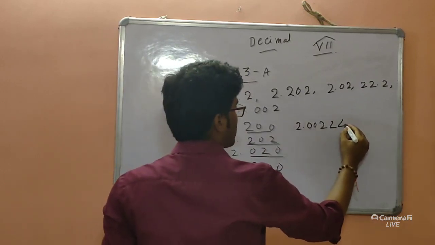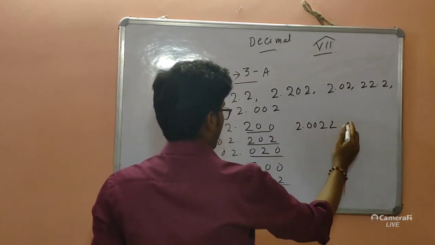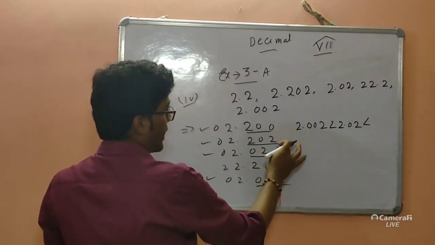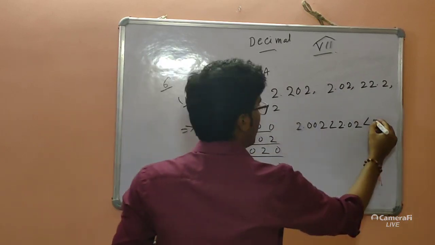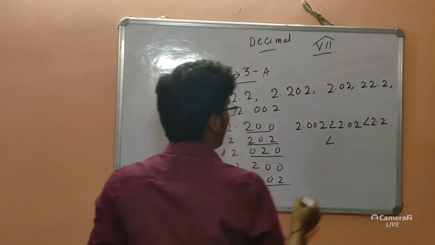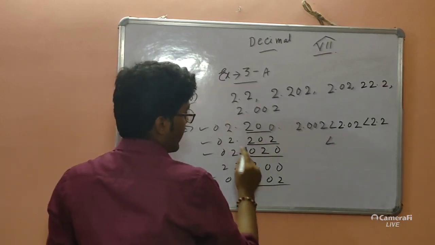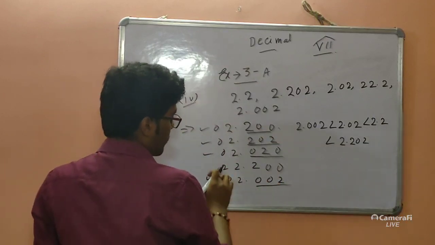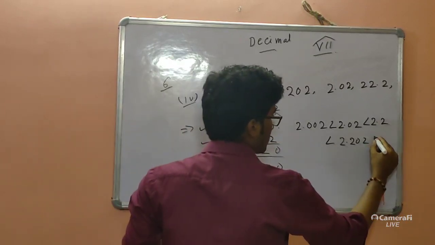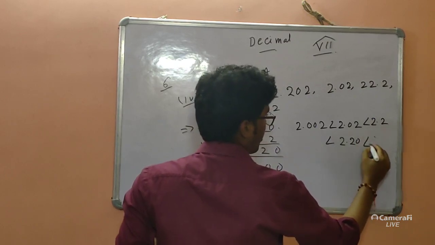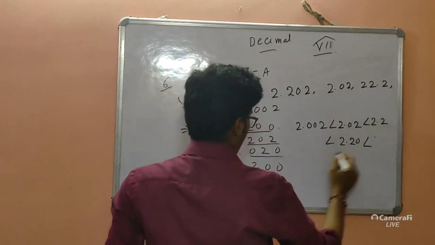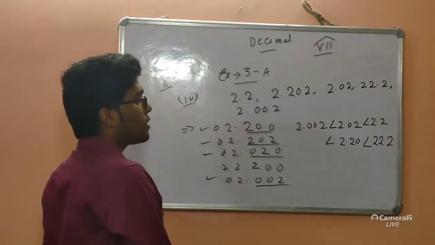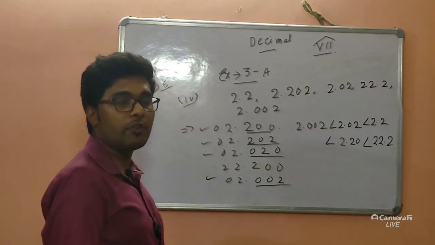Then after that we have, I think, this 020, right? So we give this number less than 2.02, again less than. Between 200 and 202, obviously this is less, so we give 2.2, then less than. This is done, therefore next this, 2.202. So this is done. So what remains? This. So at last you give 22.2. Clear? So that is how ascending order is done.